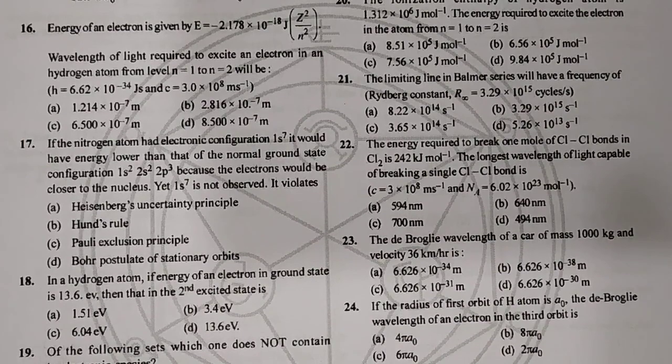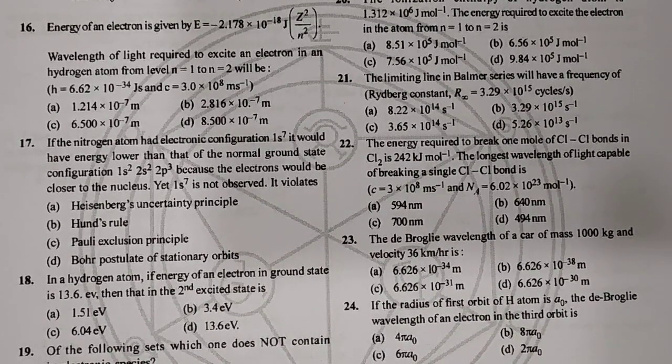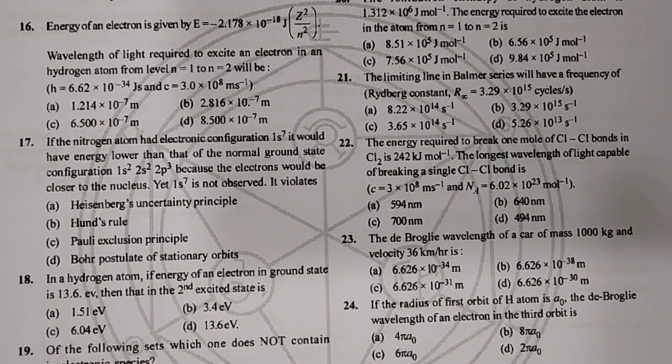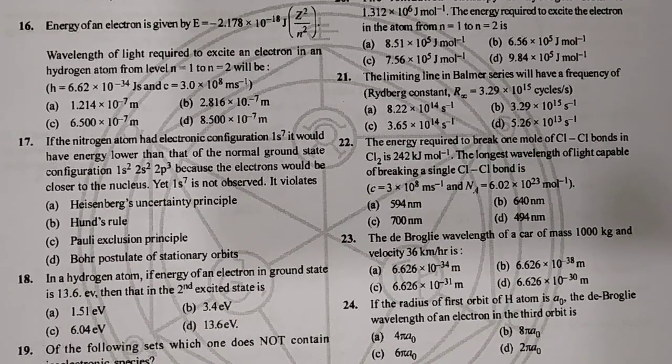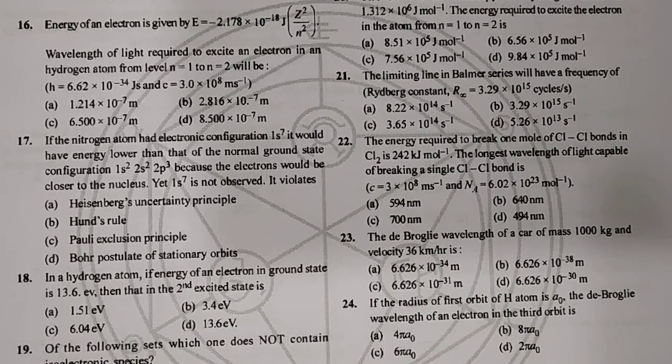17, 18 and 19. Almost there from your textbook. 17 is C, Calcutta. 18 formula is E_n equal to 13.6 divided by n square into eV, so your 18 is answer A. Once again, 17 is C, Calcutta, 18 is A, Ahmedabad, and 19 is B, Bombay. Once again, isoelectronic species है, आप count कर सकते हो, और answer है B, Bombay.